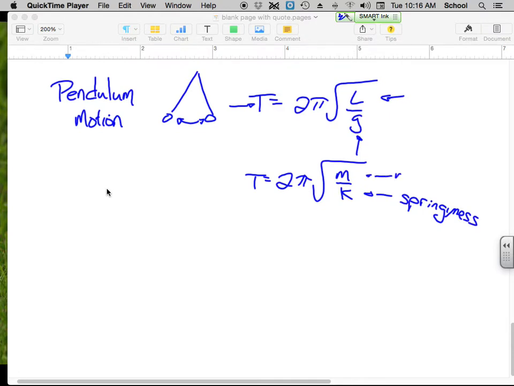And M, of course, is the mass. So if you have more mass, you want to have a slower period. So bigger mass, bigger period. That's why if you look at your guitar strings, the ones that vibrate at a low frequency are